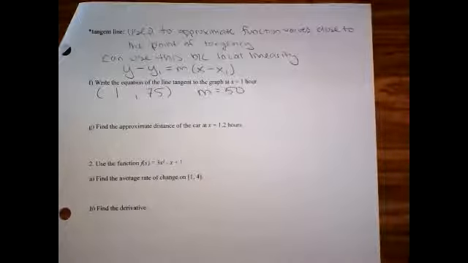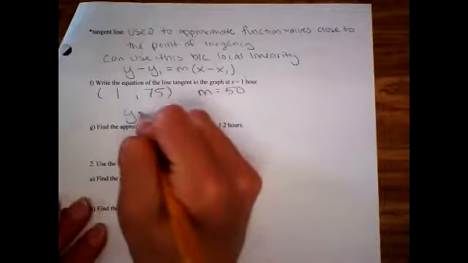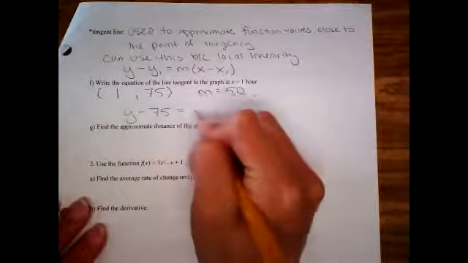So you need a point, you need a slope. The point comes from the original equation. Slope comes from the derivative. And once you have that, you just assemble the equation. It'll be y minus 75